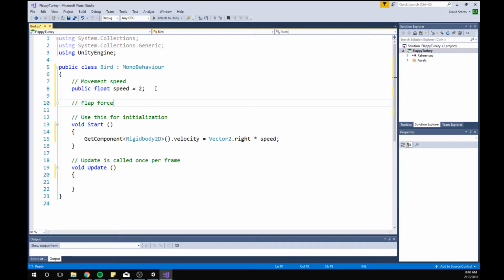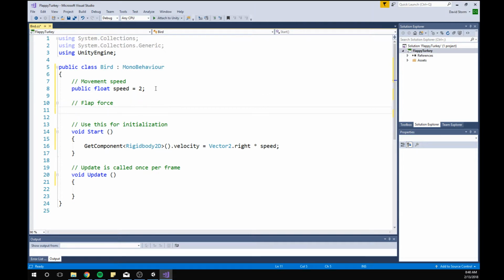Basically, how strong is the bird going to be when he flaps his wings? How much is it going to shoot him up into vertical space? So I'm going to set a public float called force, set it equal to 300. Pretty good place to start. We can adjust that as we go. And then in the update method, I'm actually going to